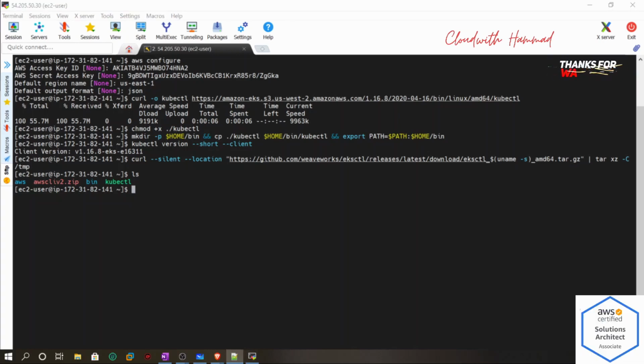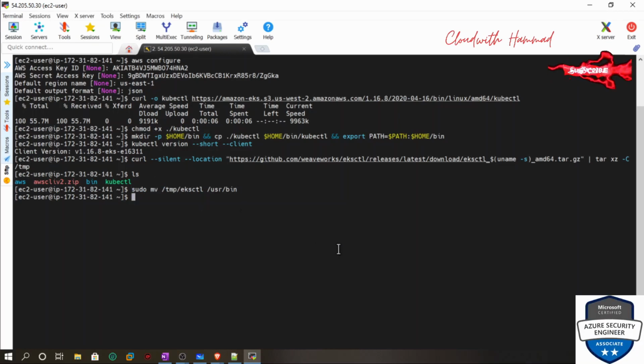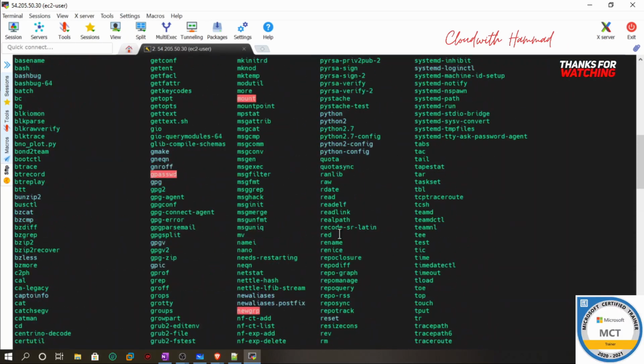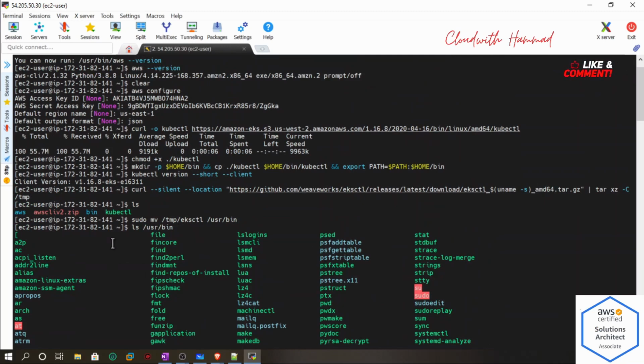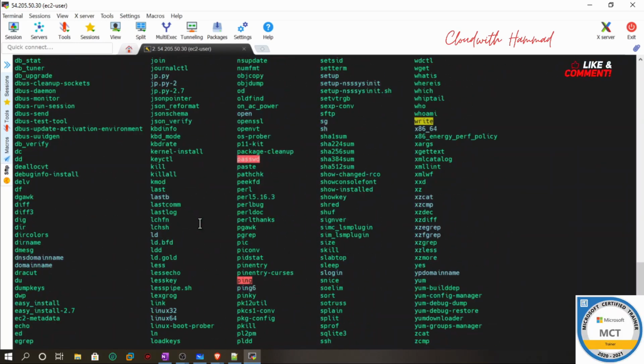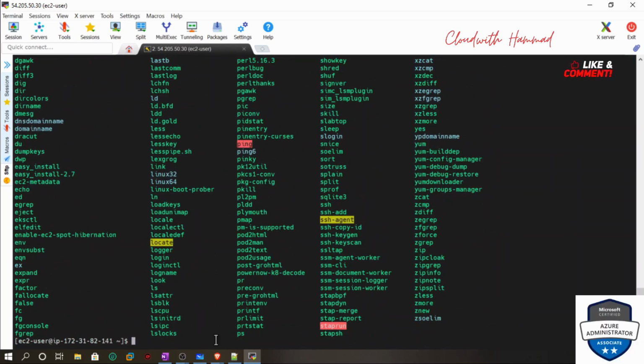Okay, the next step is to extract it to /usr/bin. For that, I'm just going to move this file first into the bin folder. If I say ls /usr/bin, we just have to look for files. If I go here, the file was eksctl. So if I grep,